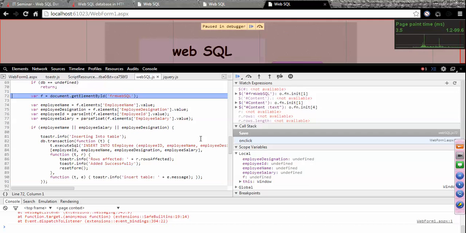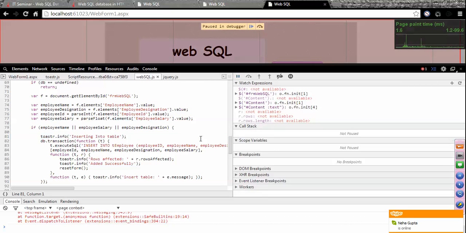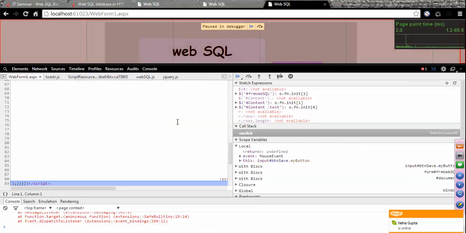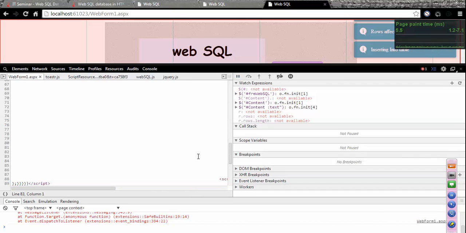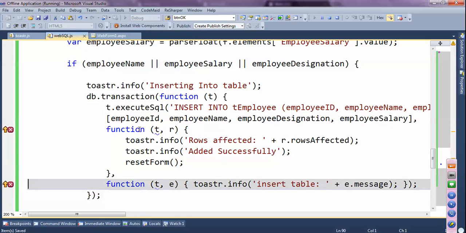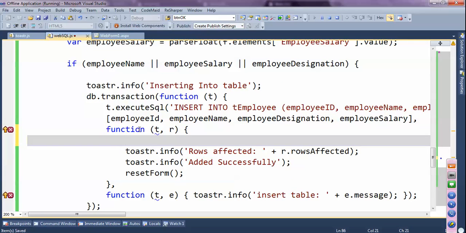Okay, so getting all this stuff in here. It's an asynchronous call, so that's why it isn't getting there. Actually, I need to put my debugger here. So once my insertion